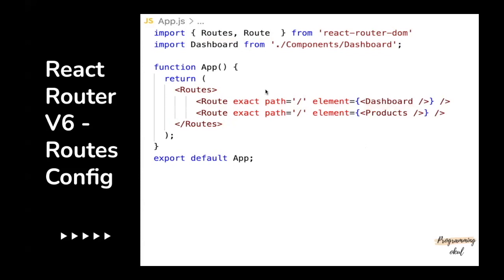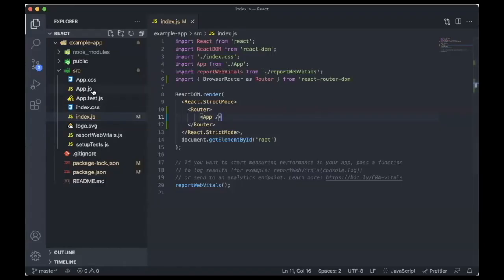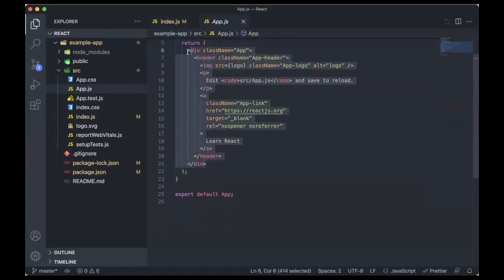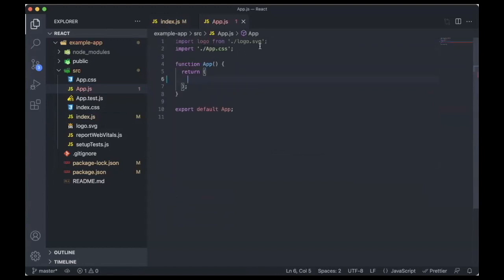All right. So now let's dive into our code editor and perform this step, which is creating the route configuration using React Router version 6. I'll open my code editor, and in the App.js component, let us remove all this default template that you get from React when you install a new application.